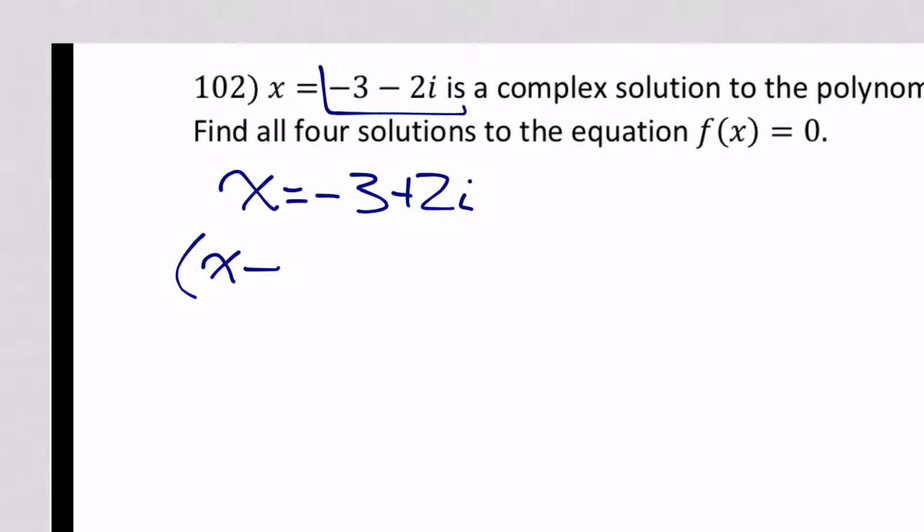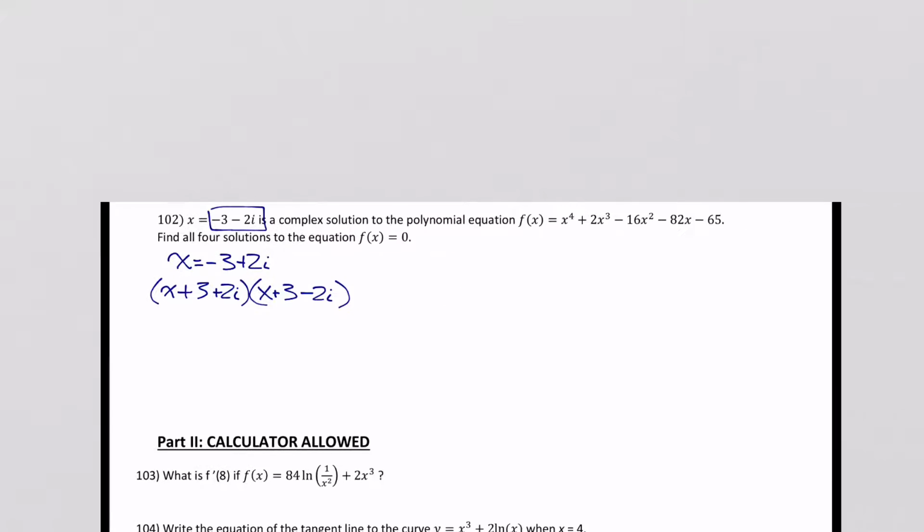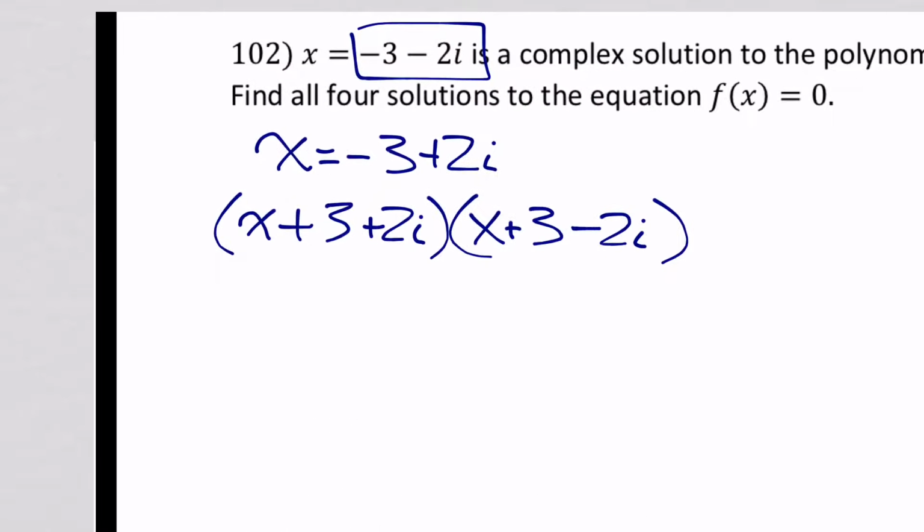So if I'm doing x minus this first one, x minus minus 3 is x plus 3, and minus minus 2i is plus 2i. And my second factor is going to have the same plus 3, but it's going to be a minus 2i instead of a plus 2i, because they are conjugates. So we know that this is a factor of this polynomial, and we want to divide this factor out, which unfortunately means